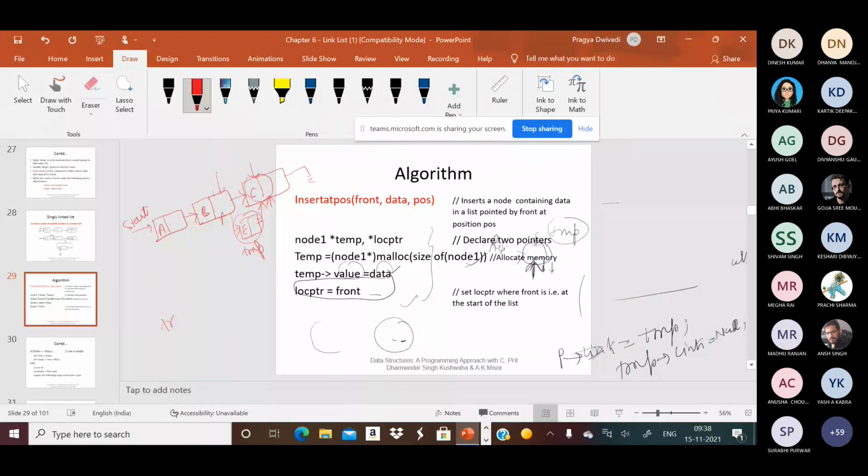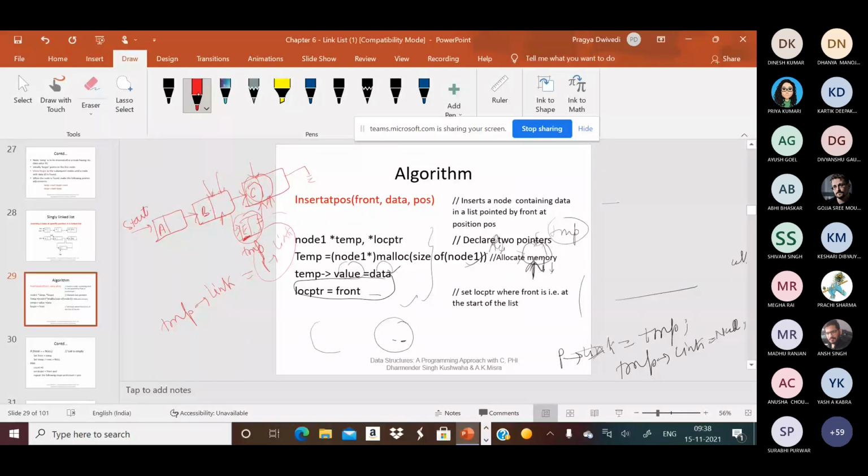So basically, in temp to link we can assign the address of this B node's next, like if we traverse to P, then P to link. Now what will happen is, we have assigned this address to it, then this B node should be linked to this E node.